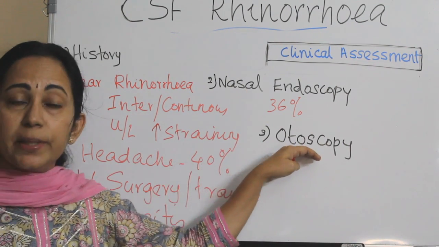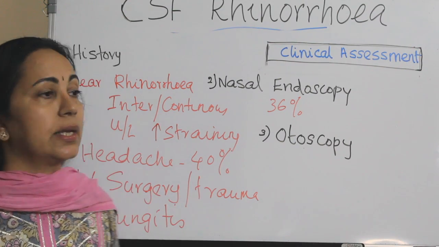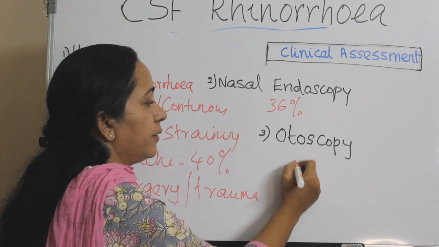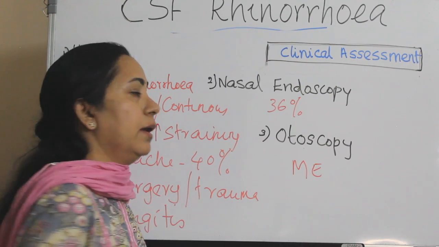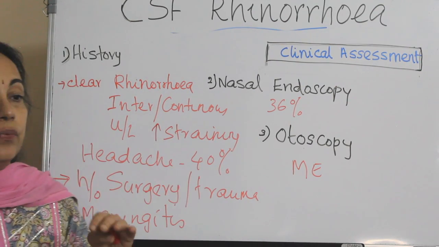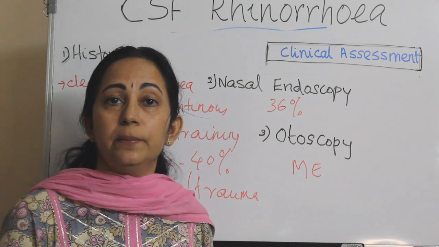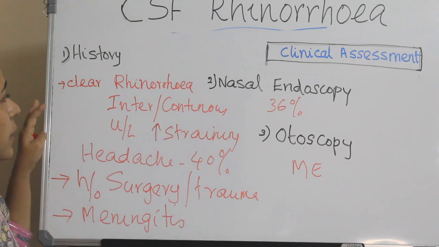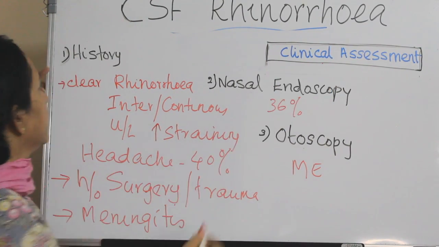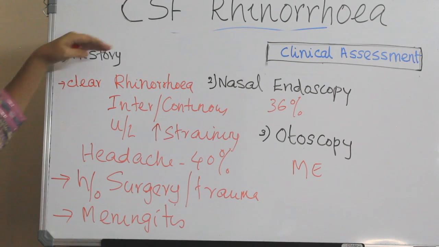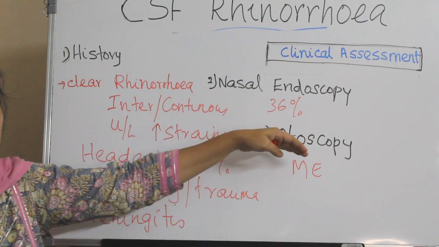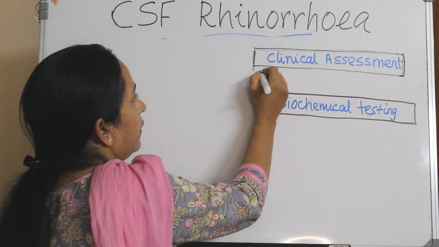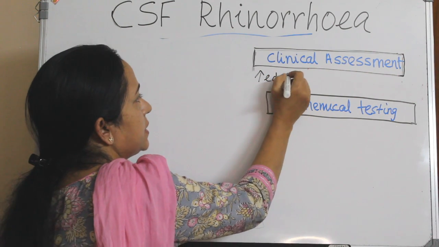And otoscopy is also very important because in the ear you can see middle ear effusion if the cause is because of fracture of the middle cranial fossa or the posterior cranial fossa. Okay, so clinical assessment includes history, nasal endoscopy and otoendoscopy. From the history and by endoscopy, if you have got an increased suspicion of a leak,